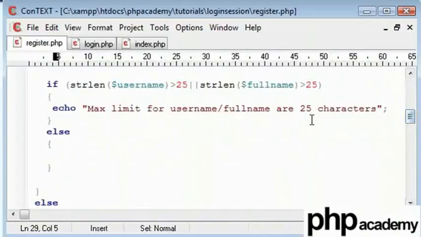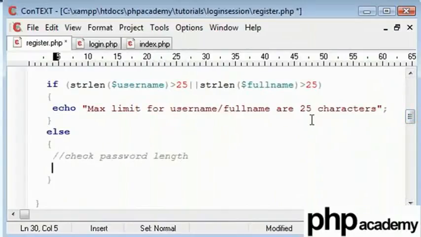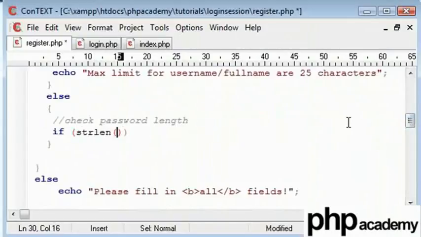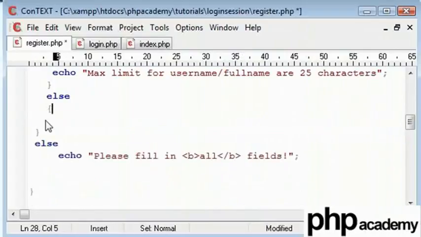Now I have decided to do this. Check password length because I want a specific check for this. If string length of my password is greater than 25, or string length, let's get rid of this.